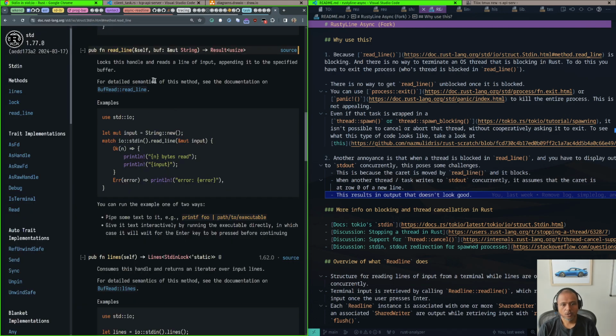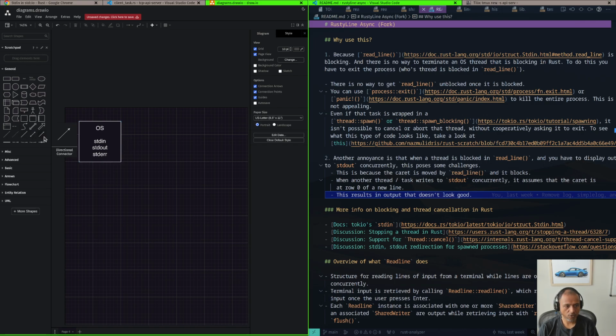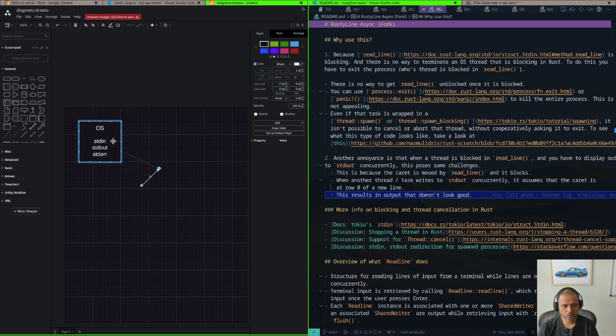Okay. So coming back to here, there's a standard in, standard out, and standard error. So you've actually used all of these probably. So standard in is